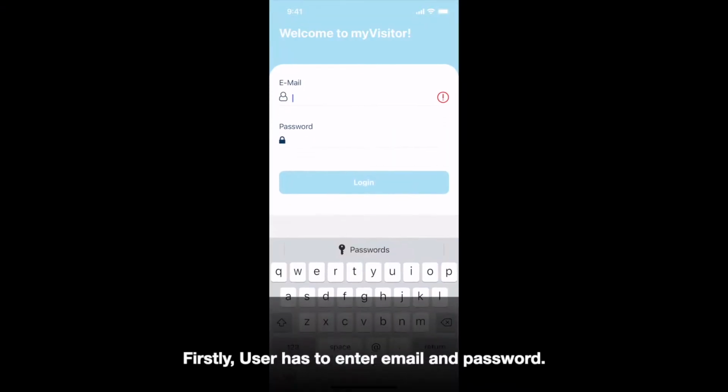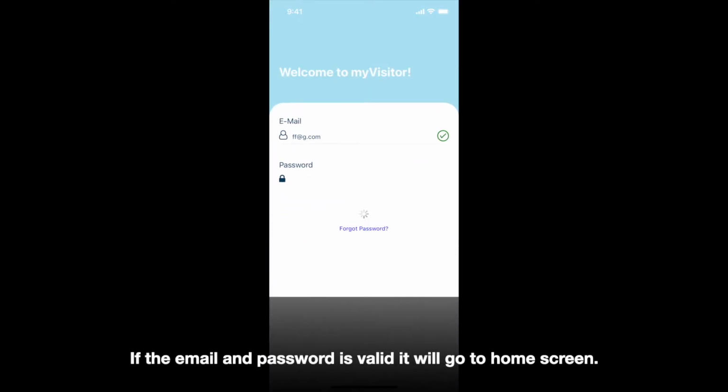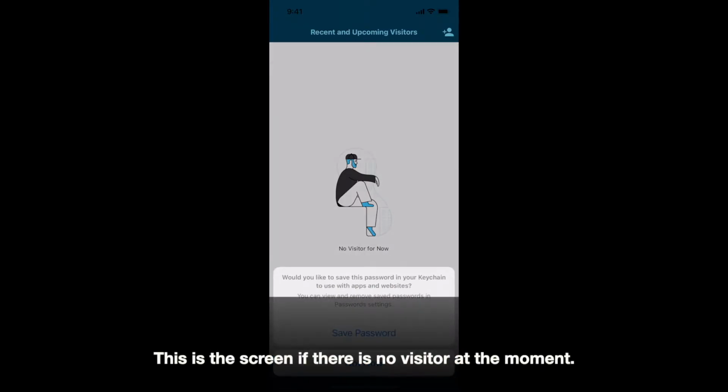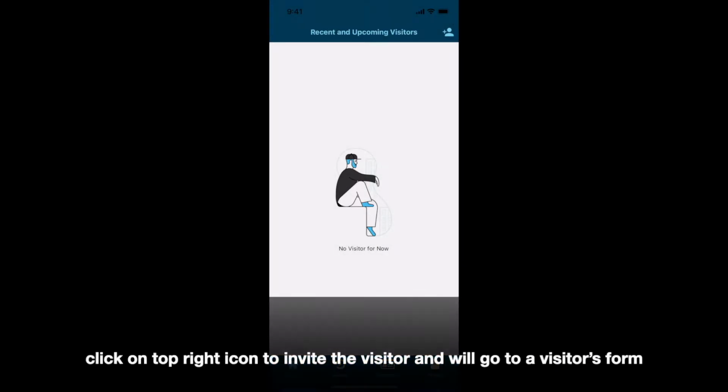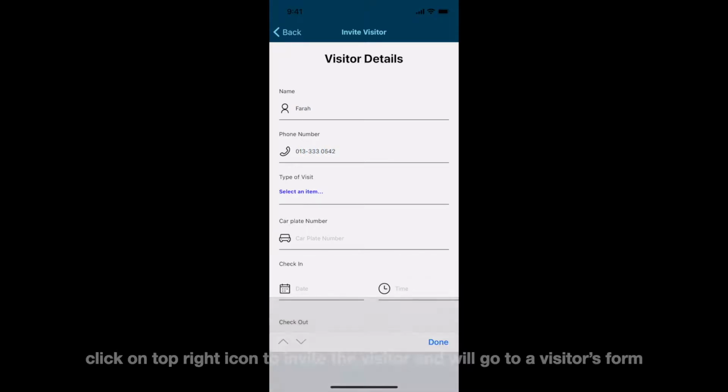Firstly, the user has to enter email and password. If the email and password are valid, it will go to the home screen. This is the screen if there is no visitor at the moment. Click on the top right icon to invite the visitor and it will go to a visitor form to fill in